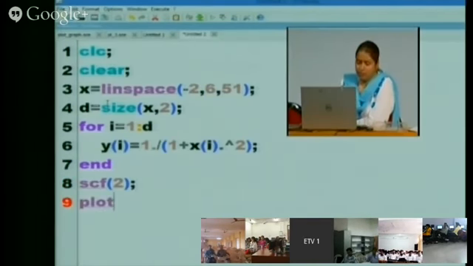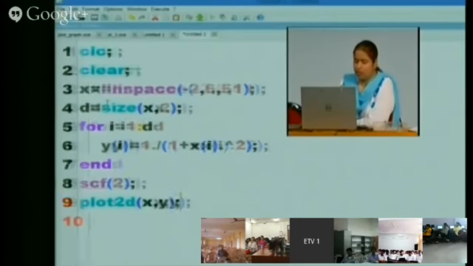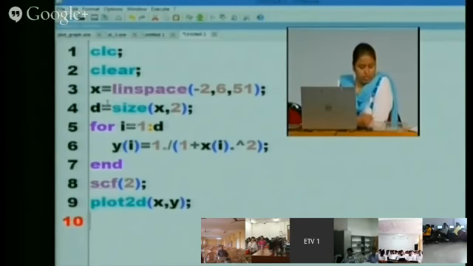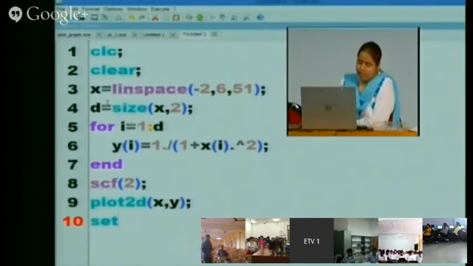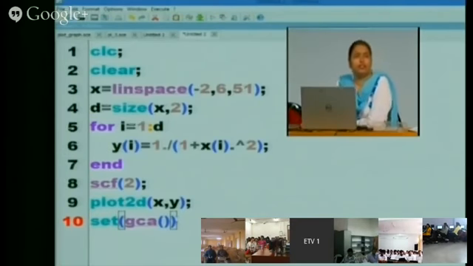Plot 2D, then set gca. Now this is used for making the handles. Handles means we are making a handle for this plot command, so again and again we don't need to write this plot.